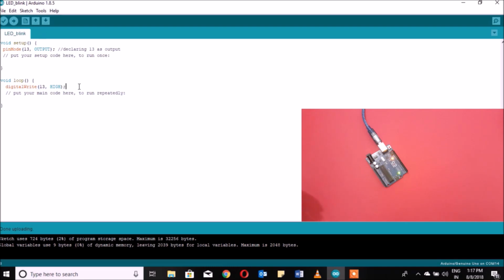If you have a look at this code, there is this digital write 13 high, which means the LED on 13th pin will be in high state. We need to give a delay of 1000. Here the delay is a timing, which I'll explain after completing the code. And then digital write 13 low, and then delay